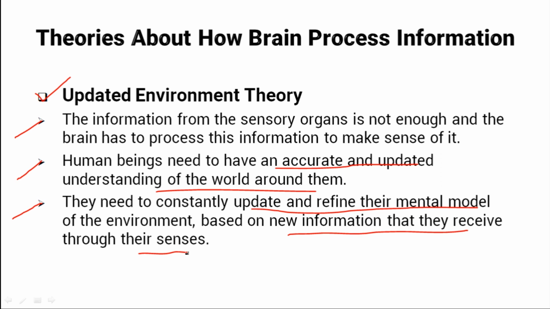So to create perception, we combine the information we get from our senses with our assumptions about the world. This allows us to make predictions about what is happening around us. Now, when we combine these assumptions with information that we receive through our senses, such as what we see, hear, touch and smell, we can create perception.